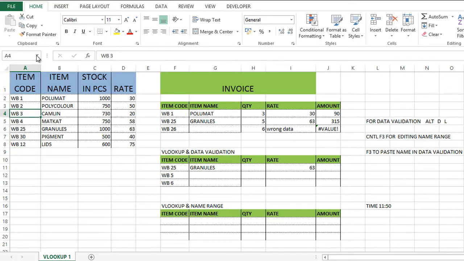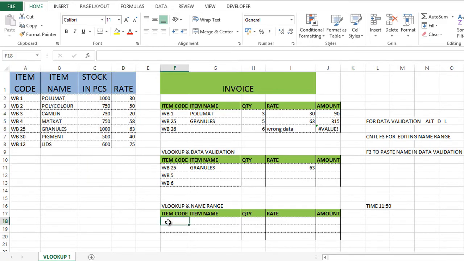So you can see in the drop down list, whenever you select this item code, all your cells get highlighted. In the same way, I will create a range of this. This is my item, ITEM. Press enter. Now two named ranges have been created. First is item, which is this cell reference, and second is item code, which is this cell reference.